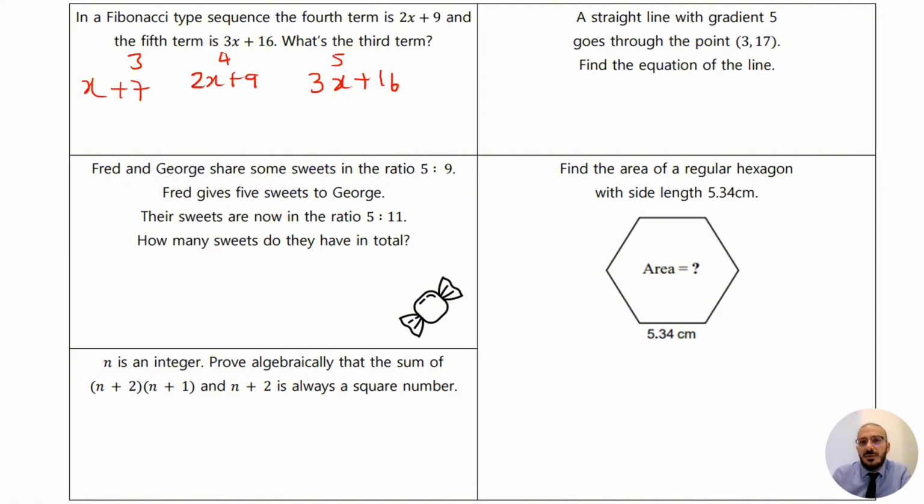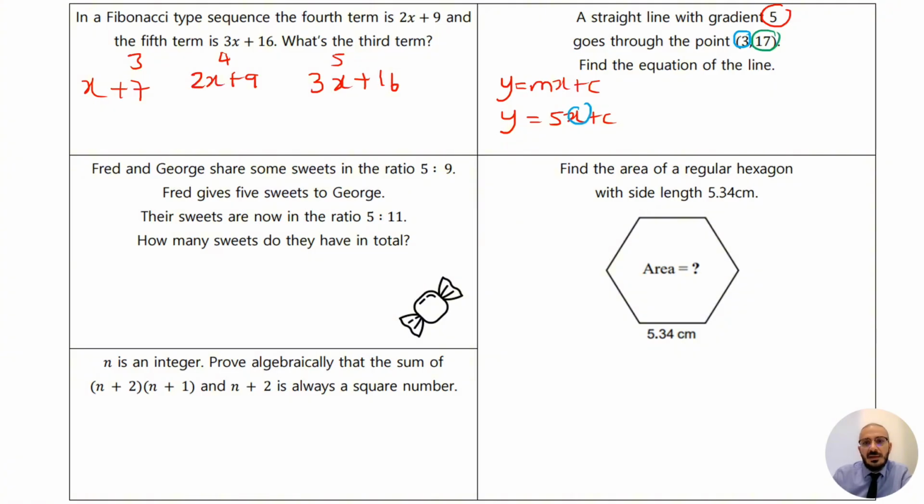A straight line with gradient 5 goes through the point (3, 17). Find the equation of the line. So we know it's a straight line, so therefore it's going to be y equals mx plus c. It says that the gradient is going to be 5, so we can write down 5x plus c. And what we really need to do is we need to substitute this into x